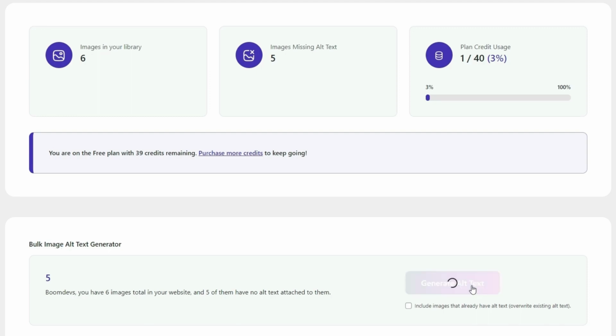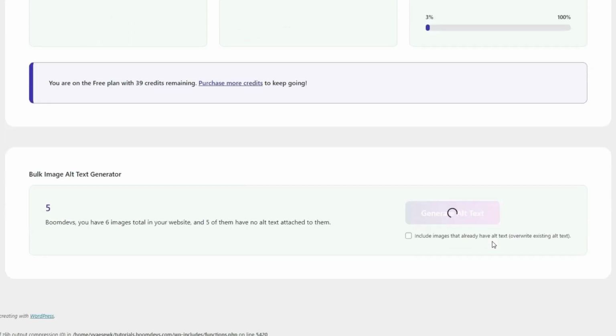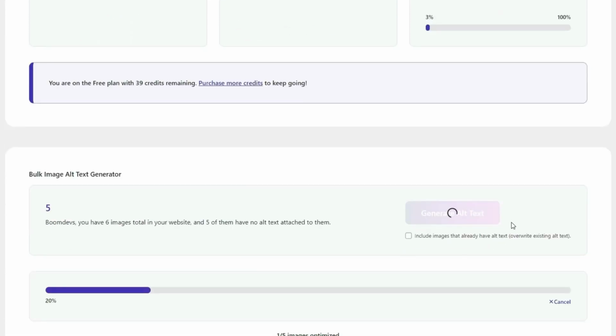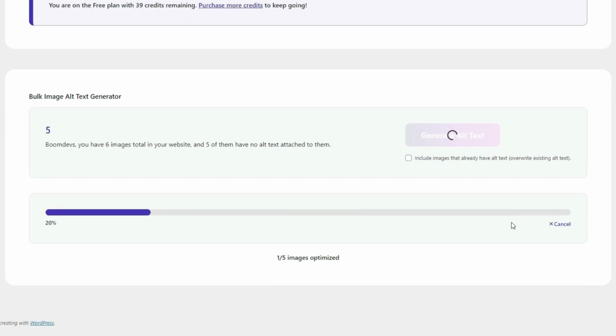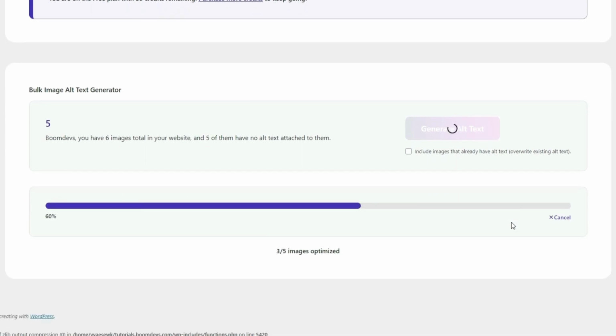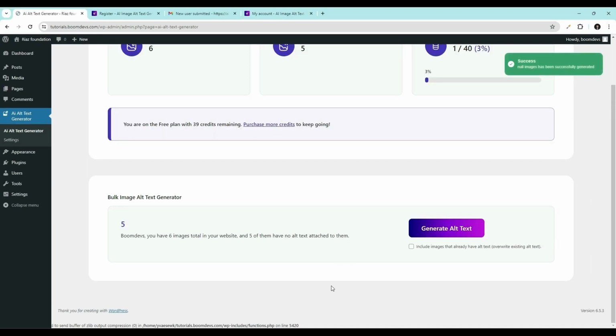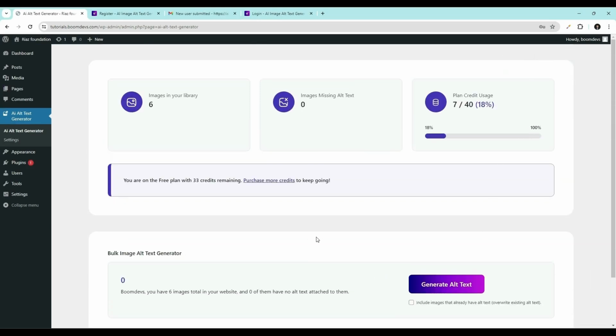Click on Generate Alt Text. All your image alt text will be generated in just a few seconds. Another important thing to note is that if you have many images, you can generate them in bulk. You can continue with other tasks or even shut down your device, and the process will automatically continue without wasting